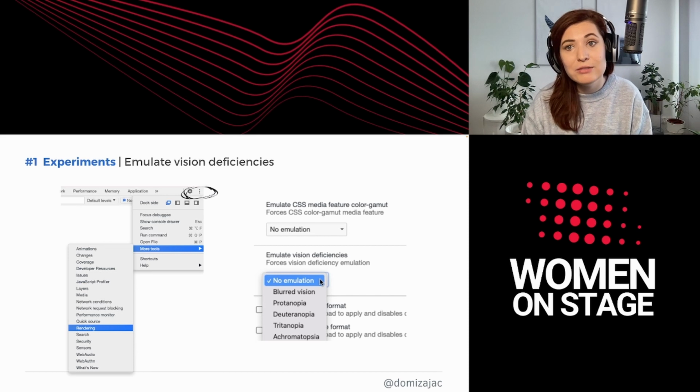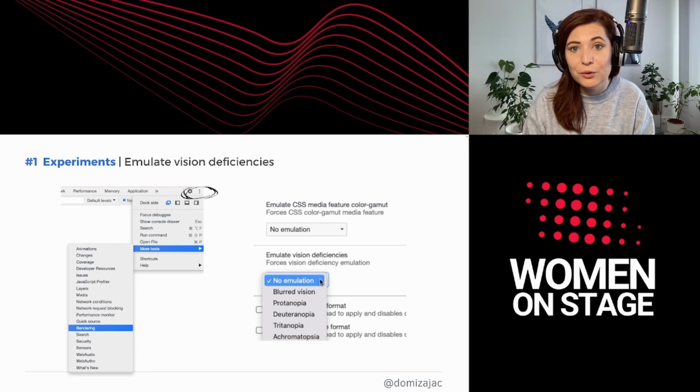And when you have Chrome DevTools open, please find the option to open a menu. Again, it's three dots in the top right corner. Go to More Tools, Rendering, and on this page you can find a section called Emulate Vision Deficiencies.